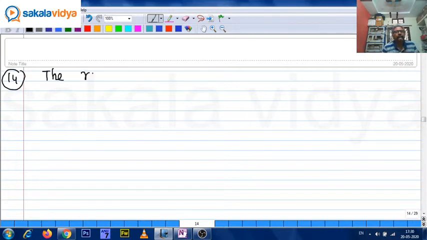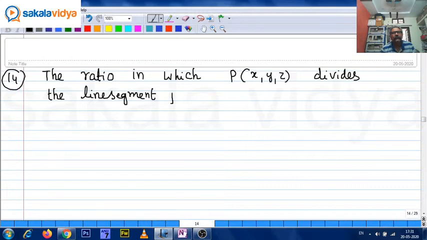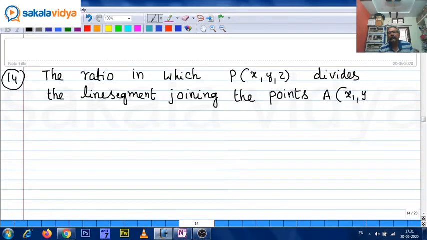The ratio in which P(x, y, z) divides the line segment joining the points A(x1, y1, z1)